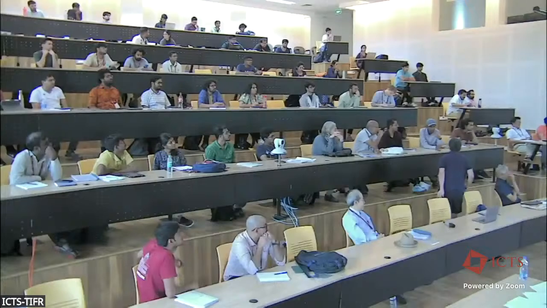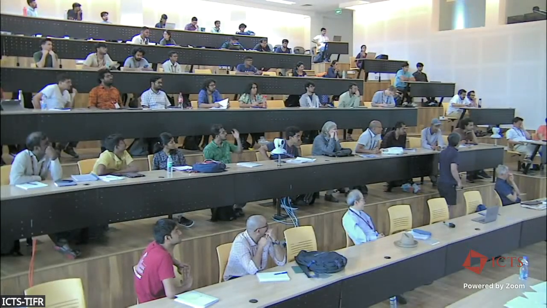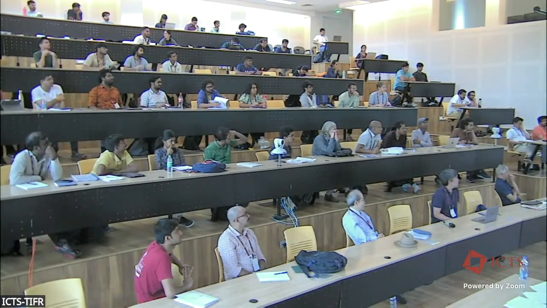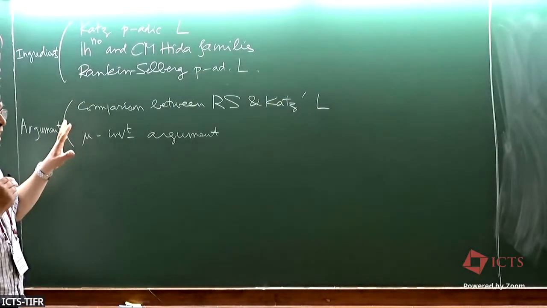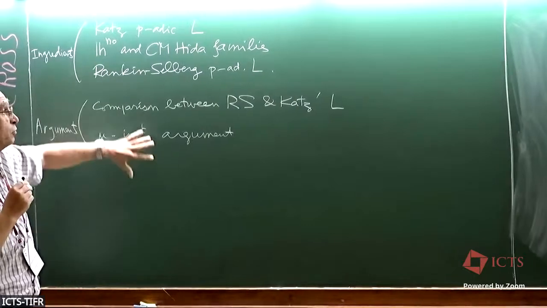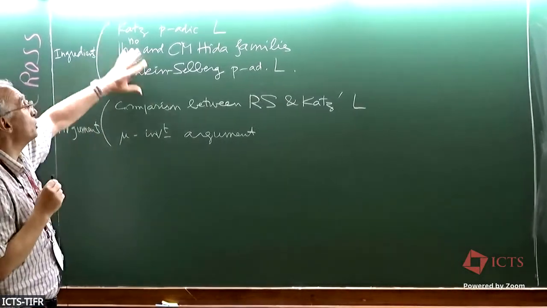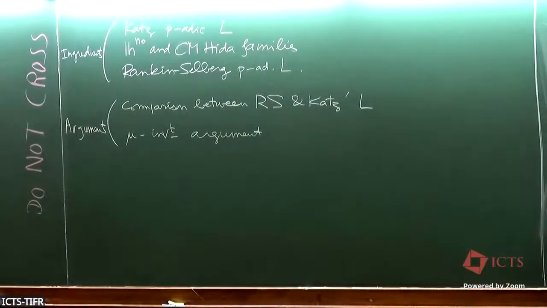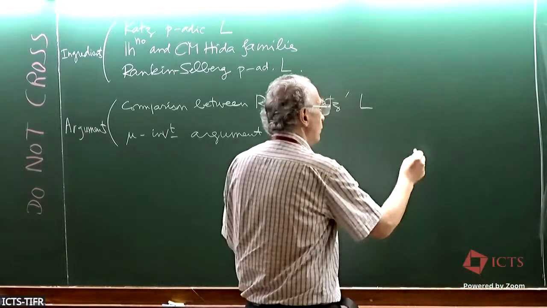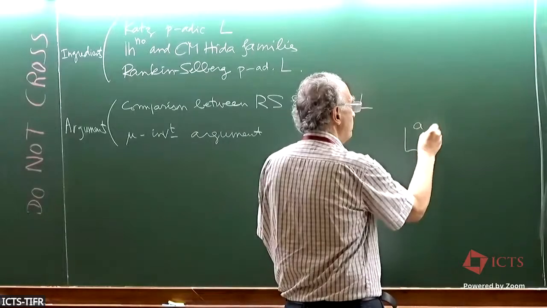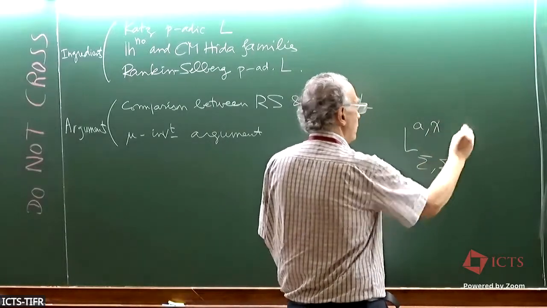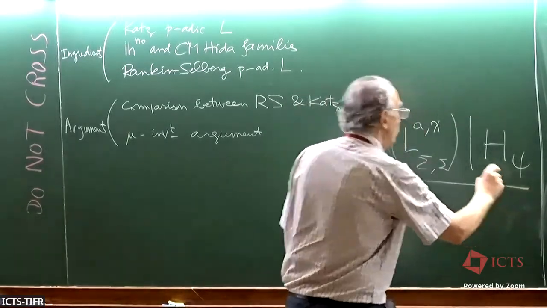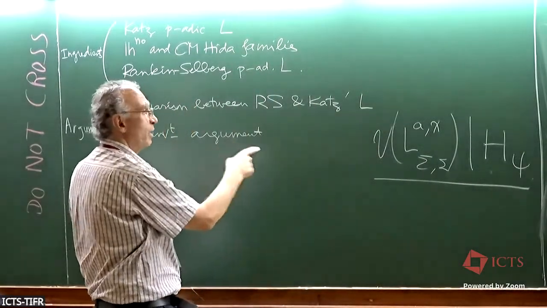So I wanted to present 3 ingredients and 2 arguments. This was the proof of the first divisibility. I finished that about 40 minutes from the beginning, and then I started the second part, which has nothing to do with that. So this is the plan for the proof of the first divisibility, which was the relation between the Katz p-adic L-function and the congruence power series. To prove this, you need 3 ingredients and 2 arguments, and that was the first part